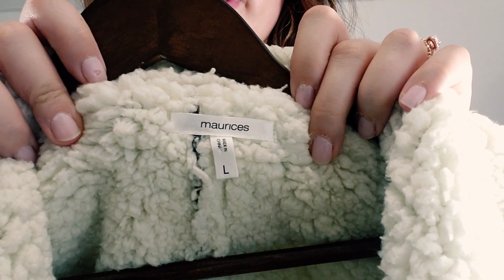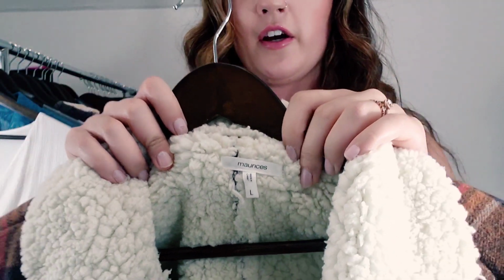Here's a brand that most of us probably don't pick up a lot. The brand is Maurice's, size large. So there's a couple reasons I picked this up. One is I've been picking the brand Maurice's up at my local bins. I haven't done a video on that, but if you check my Instagram, one of the Goodwills around me switched to a buy the bag instead of buy the pound. But I just saw on Facebook today the people of the town were upset, so they're actually switching back to